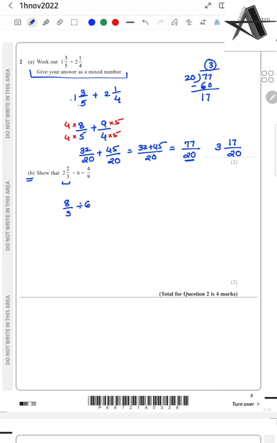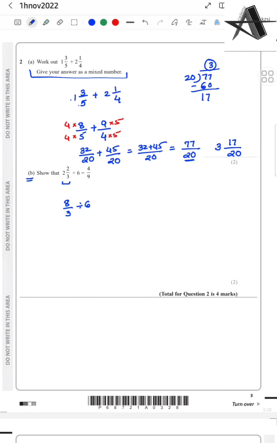You have to show, so just forget the right hand side because you need to equate the left hand side and the right hand side. So I'm just solving the left hand side, and after solving all that, I need to check whether it resembles the right hand side or not. Now we know whenever we divide two fractions, the second fraction,